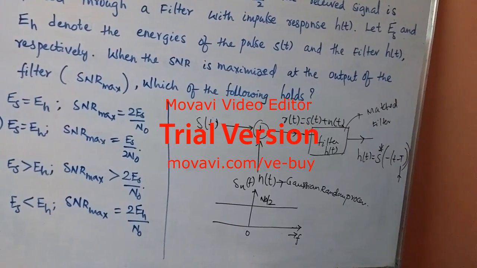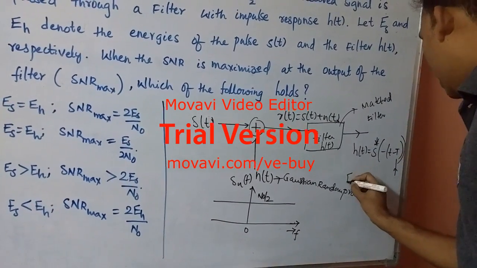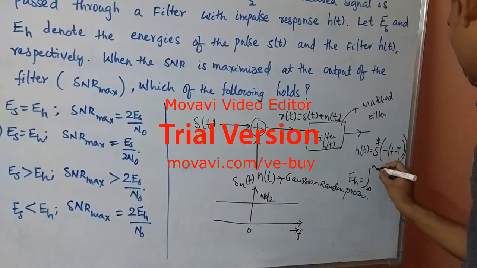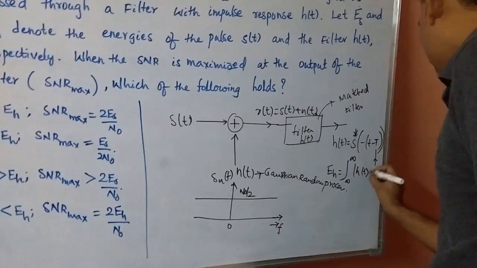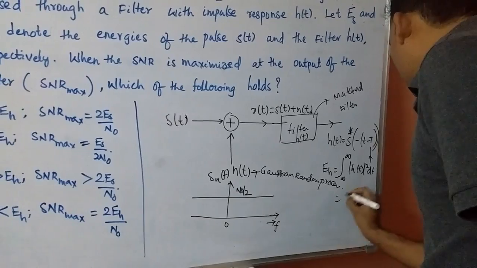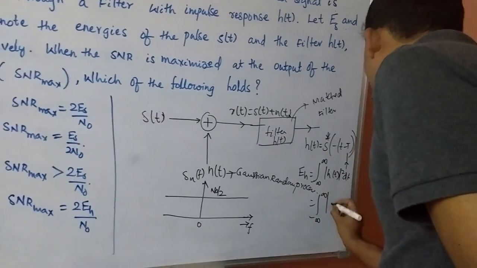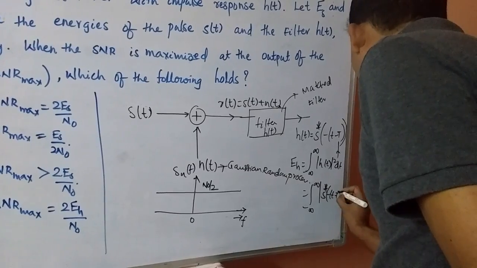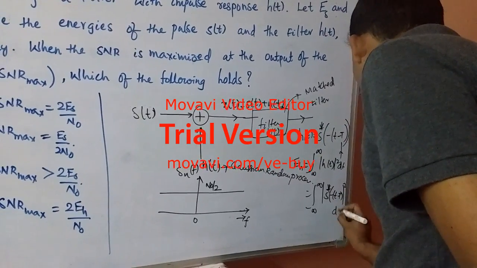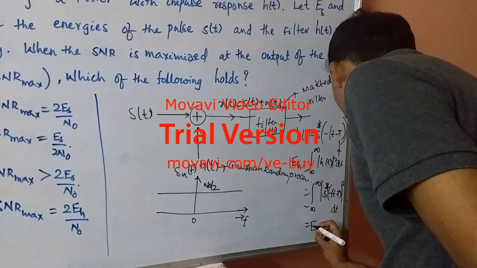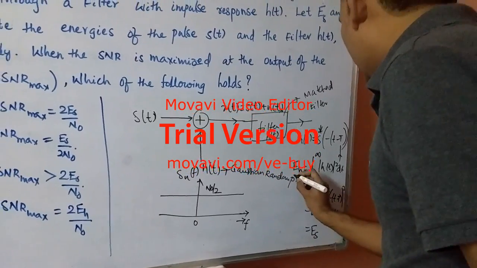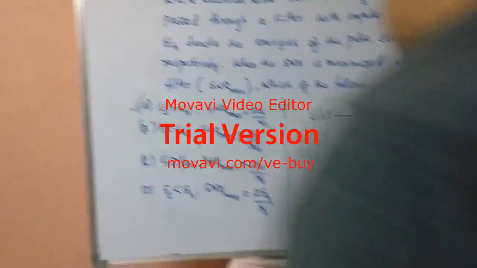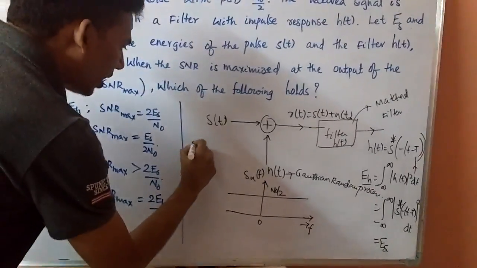symbol duration. So if you find the energy of the filter EH, this is nothing but minus infinity to infinity of mod H of t whole square dt. This is equal to minus infinity to infinity of mod S conjugate of minus t minus capital T whole square dt, which is equal to the energy of the symbol. So EH equals ES, and the signal to noise ratio of the matched filter